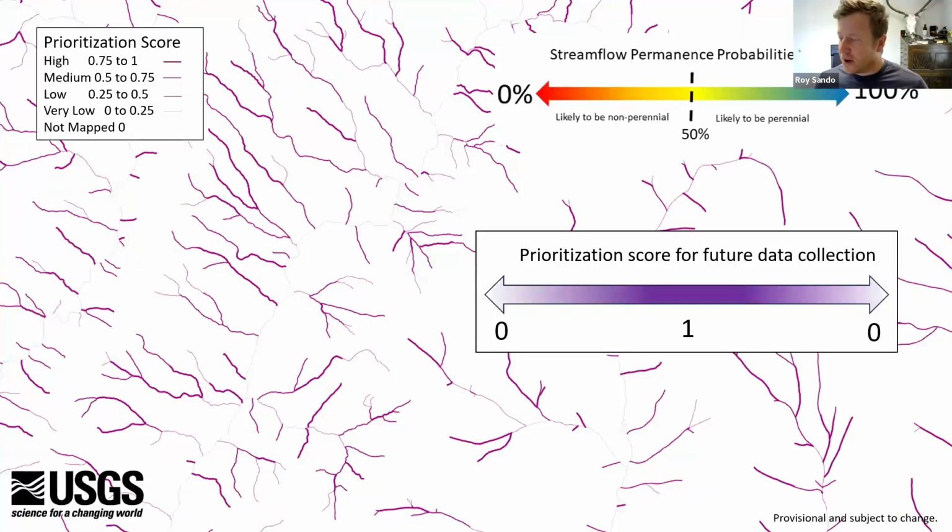Another thing that this can be used for is a prioritization map for future sampling. A big question people often have is, if we're going to go collect more data, where should we collect data? Oftentimes it's a complicated answer that we can't very well articulate. However, with this prioritization map, we can actually quantify how valuable these locations are in terms of model information. It's associated with predictions close to 50% in our streamflow permanence models, and essentially what those translate to are prioritization scores of about 1 for the sampling map.